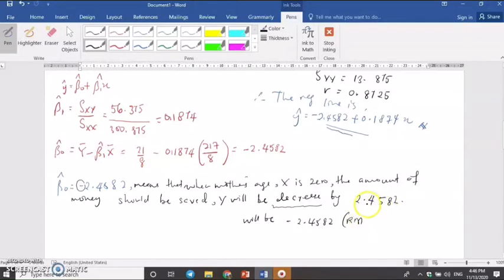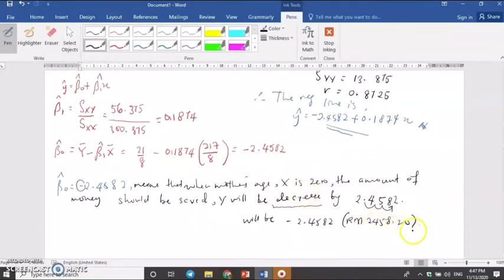2, 4, 1, 2, 3, right? So 1, 2, 3, 2, 4, 5, 8.20. Okay, so in terms of the value when x equals 0, our y, the money saved by the mother when x equals 0, when the mother's age is not there, is negative